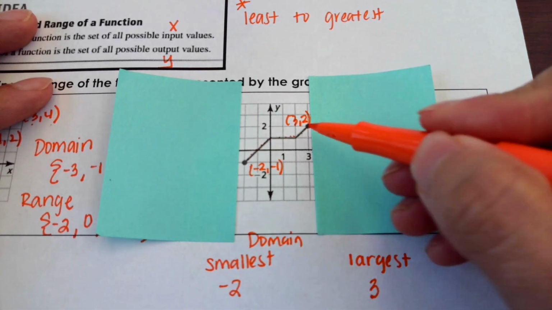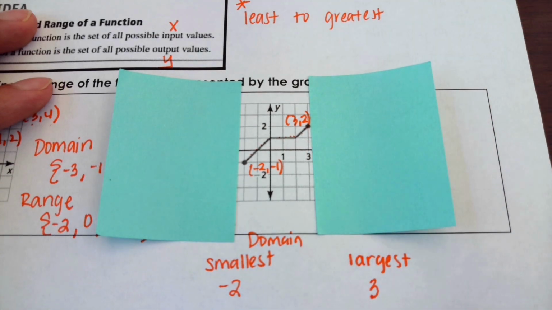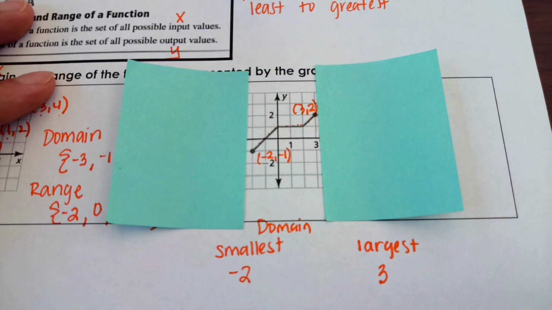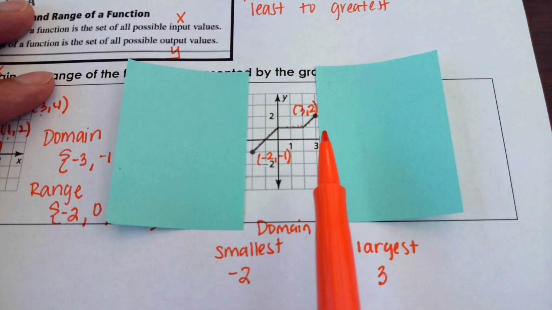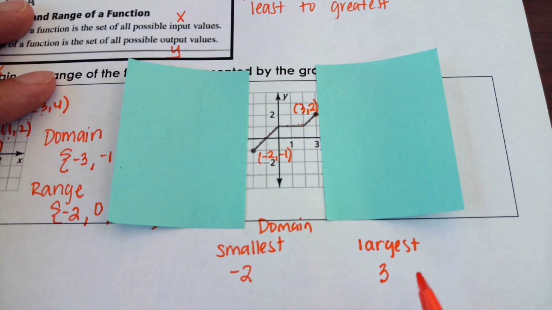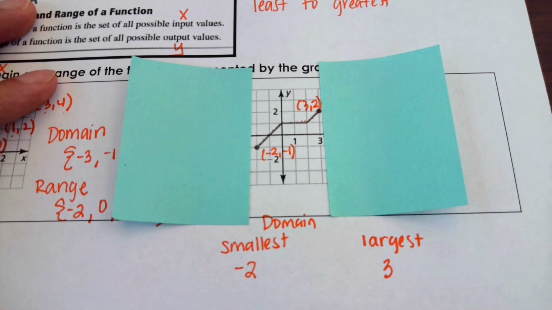Okay, so that x value here, since that ordered pair is 3, 2, the largest is 3. The largest x value is 3. So we're looking at a range of numbers between -2 and 3. And how we represent a range of numbers between -2 and 3 is with a compound inequality, specifically an AND